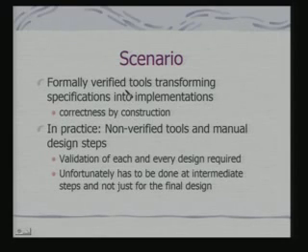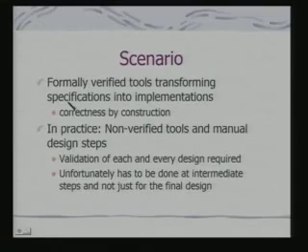That means, if you are using tools which are formally verified, that means tools are guaranteed to generate designs which are correct, then you get a correct design through construction, provided you have given the tool correct specifications. If your specification itself is wrong, you cannot get an implementation which would be correct. You will get an implementation which is correct with respect to your specification.